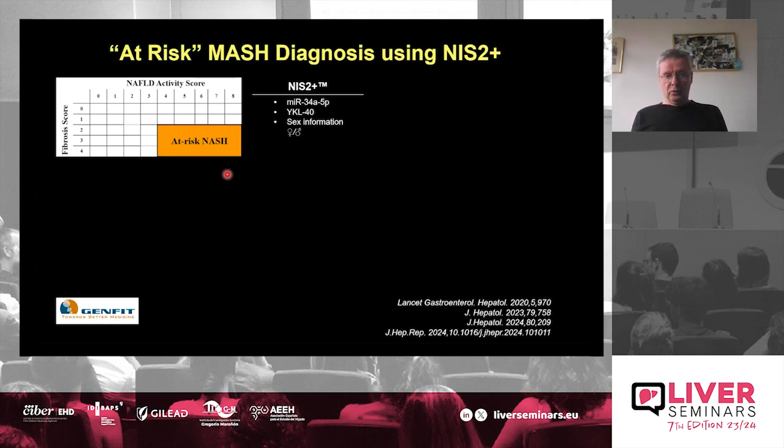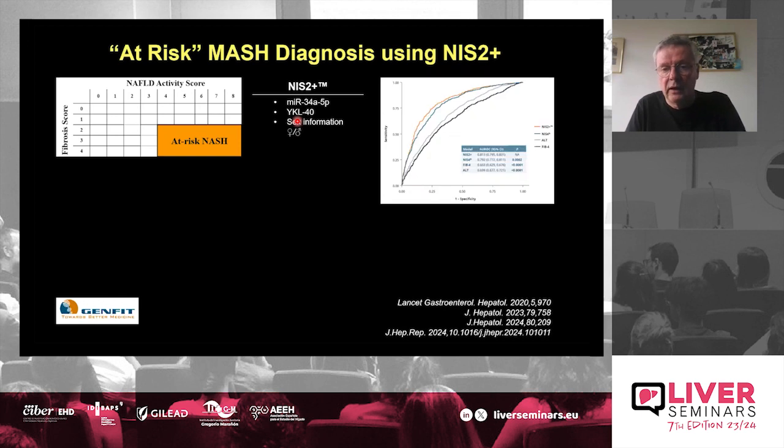But the cohort patients were used to identify parameters such as microRNA, YKL-40, and so on, to develop a test which is called now NIS2+, an evolution of the initial test, which had 4 parameters in it, and therefore was called NIS4. And this test has been now assessed in a large number of studies, so not only in ResolveIt, and shown to have a predictive value for the presence of at-risk NASH, diagnostic value, which is clearly higher than